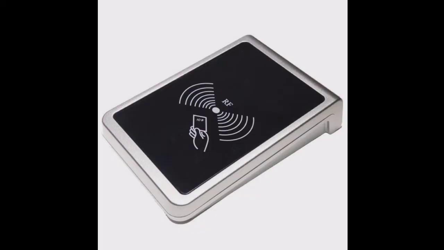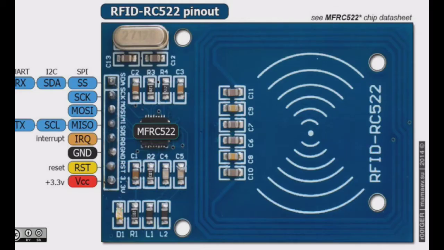RFID is known as radio frequency identification and refers to a technology where digital data encoded in RFID tags or smart labels are captured by a reader via radio waves. An RFID system consists of three components: an RFID tag or a smart label, an RFID reader, and an antenna. The RFID tag contains an integrated circuit and an antenna which are used to transmit the data to the RFID reader, and the reader then converts the radio waves to a more usable form of data.